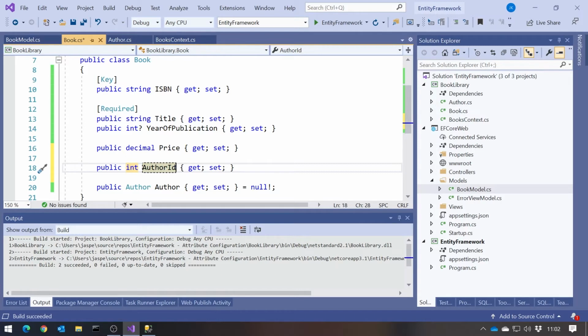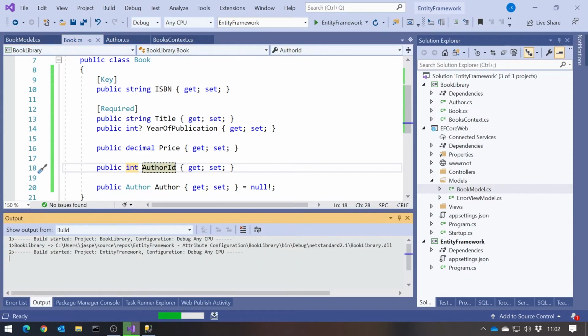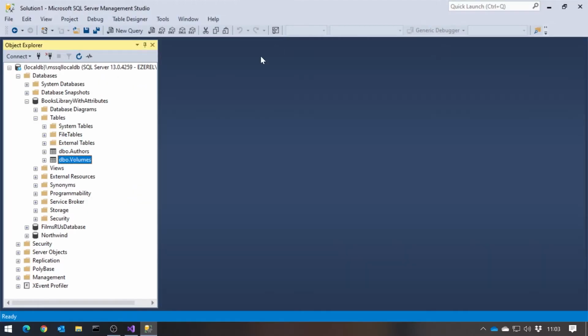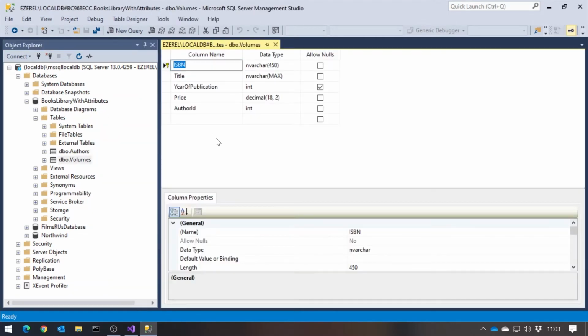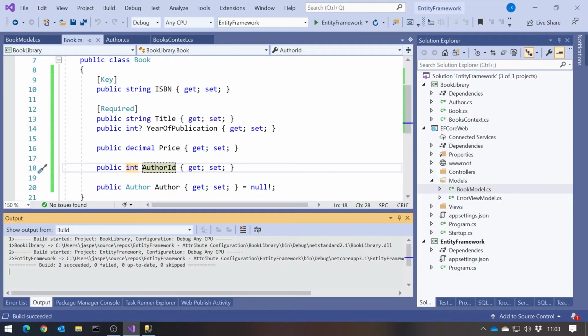So for now, we'll just put that in there just to show you how it works in terms of these attributes. So if we do that, that will actually have no effect whatsoever on the generated database. So if we take a look, we'll see it still simply has the author ID, and the only difference is it will now have the value of that property specifically in the book entity rather than just having the reference.